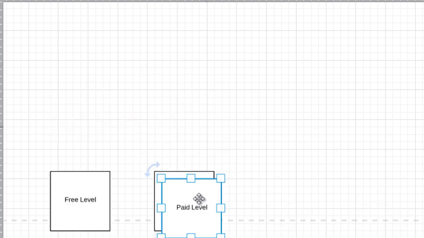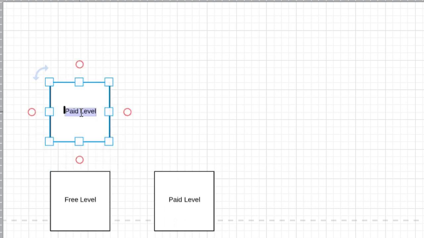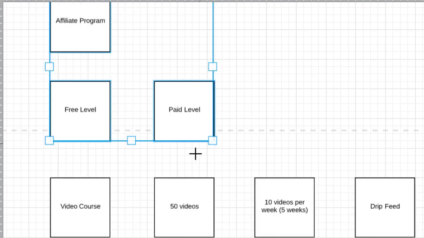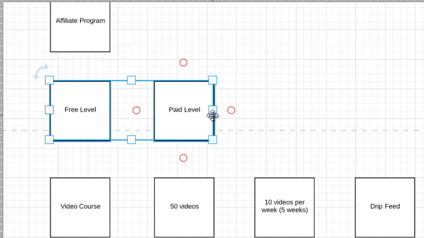And you can jot down, okay, is there going to be an affiliate program? Now, obviously, these are things that are external, so we can look at these later. This one here would be inner. It's kind of a good idea to figure out if you're going to have levels or not.